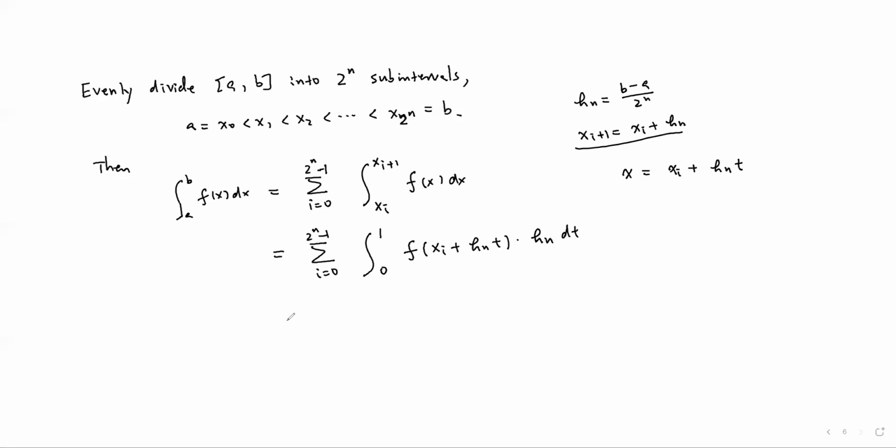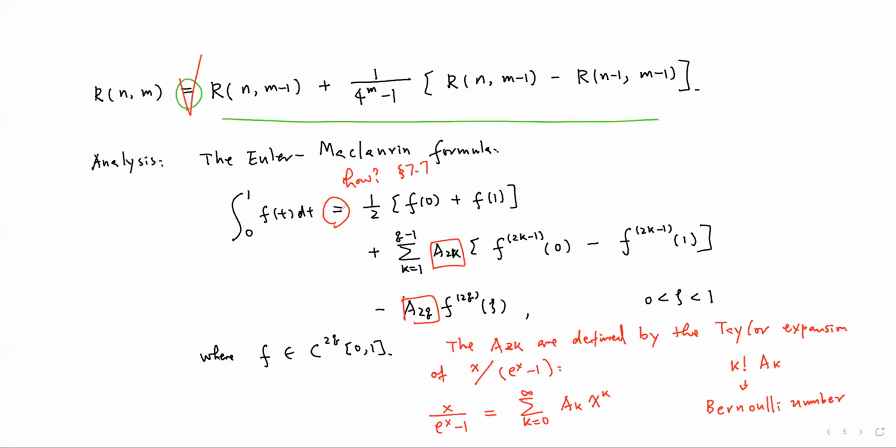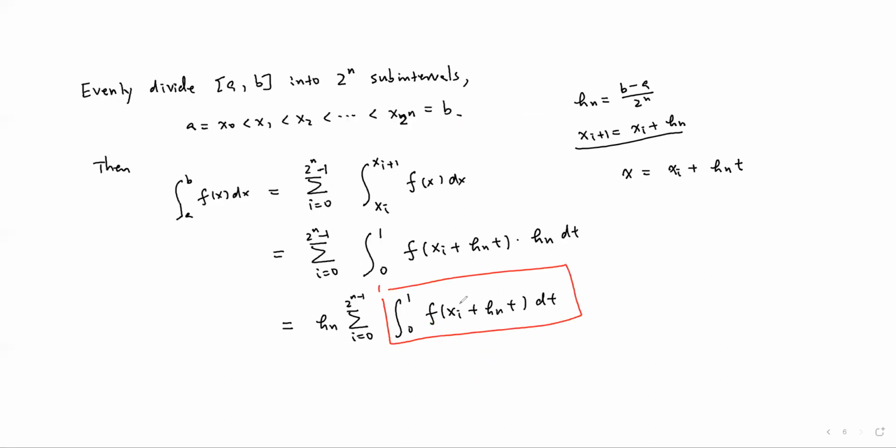Then we have, move h_n outside, summation i from 0 to 2^n minus 1, integral f(x_i plus h_n t) dt. Now for this integral, I apply the Euler formula here. After we plug in this formula, there are some cancellations. Then we can simplify the expression as